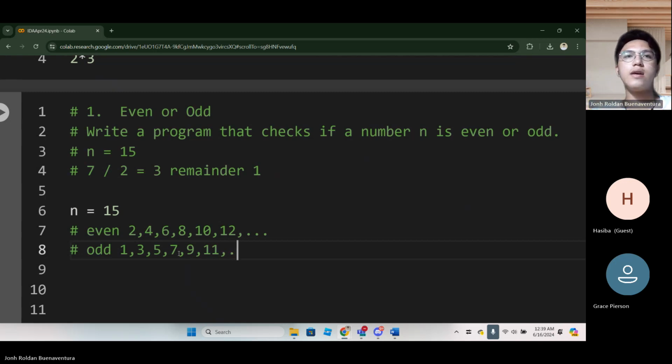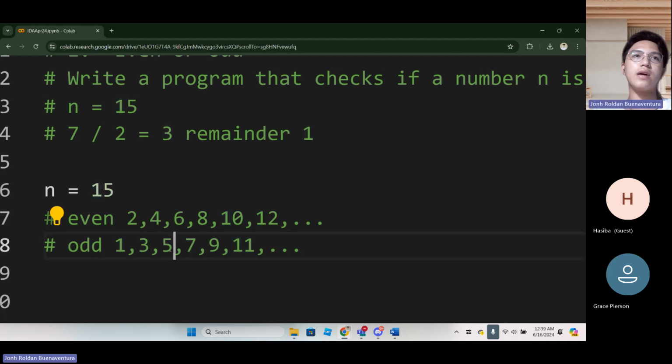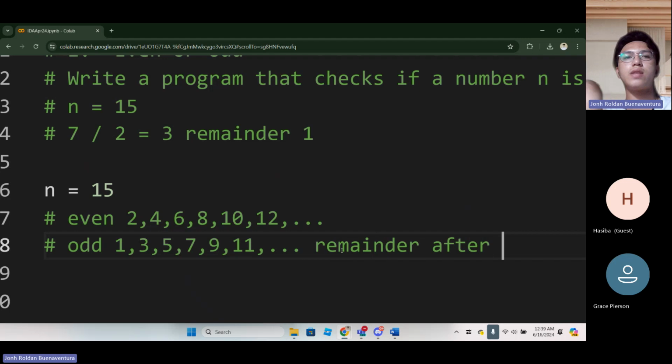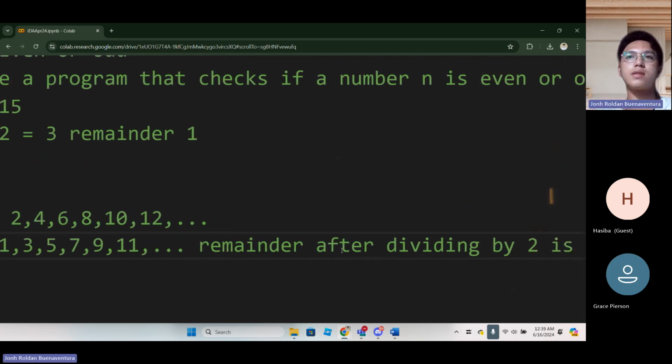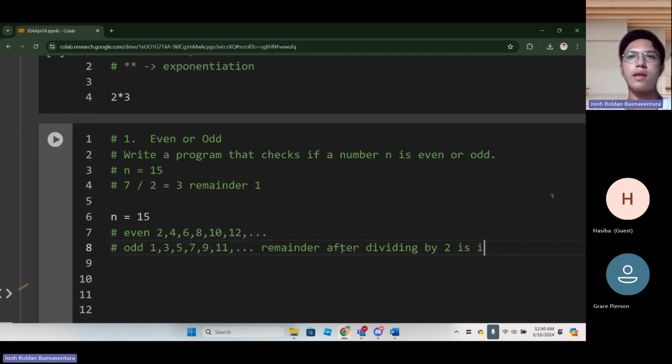11. If you divide these numbers by 2, the answer would have a remainder of 1. So the remainder after dividing by 2 is 1. Let's have a notation so that it will not be confusing.